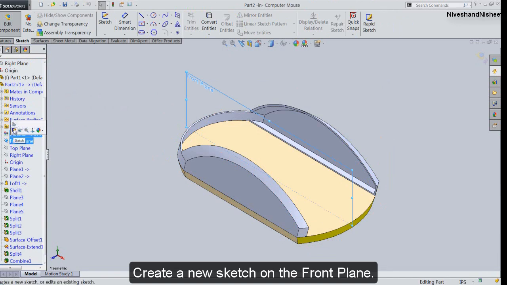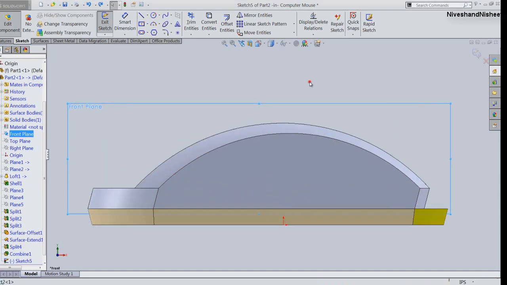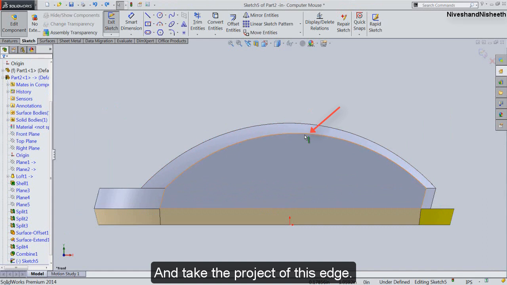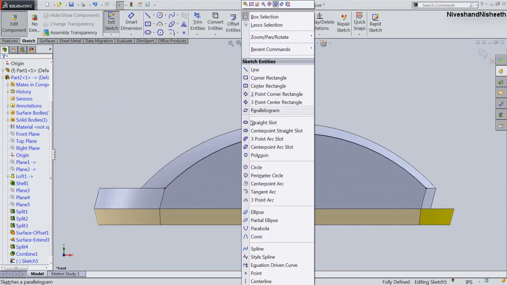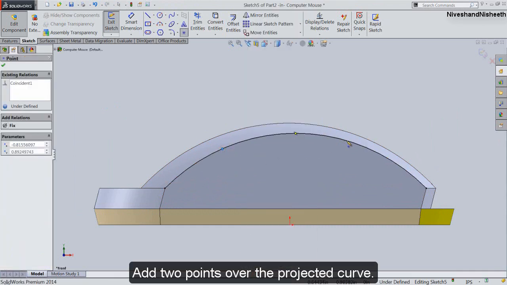Create a sketch on the front plane. And take the project of this edge. Add 2 points over the projected curve.